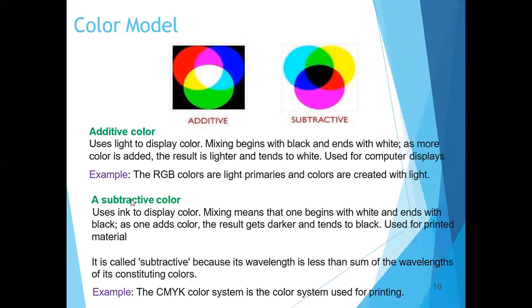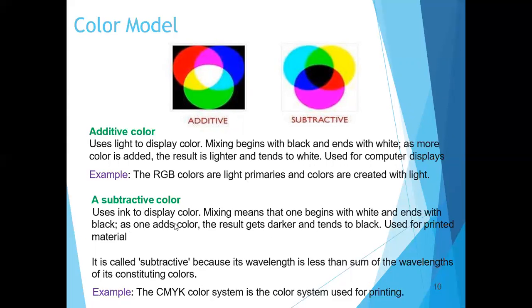In the RGB color model, what we are doing is adding two colors so that we generate one more color, right? For example, I will add red and blue color so that I get one more color. Or I can add red and green color so that I get yellow, right? So you can mix two colors and generate one more color. That is the type of color model we call the additive color model. So what is the subtractive color model?